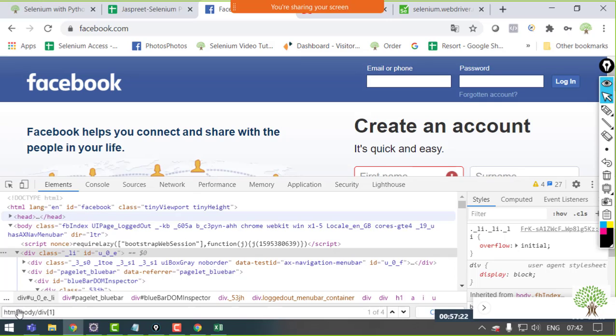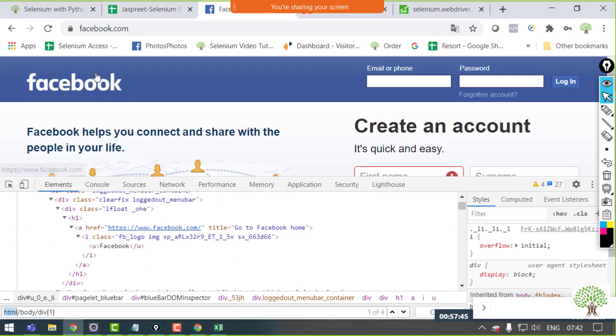Otherwise, it always does happen that the HTML tag is always 1. There are 4 HTML tags coming now, so there might be some change in the site. But otherwise, if you have to make it, then this way you are going to make the architecture that I was following, the same way you need to do. But it's not always like you have to make it yourself. You can just extract the element, just inspect that element,